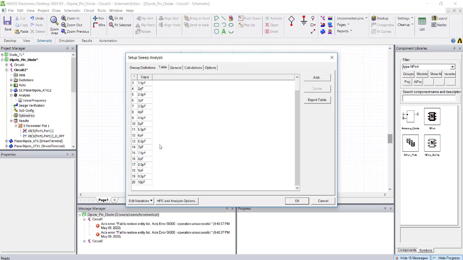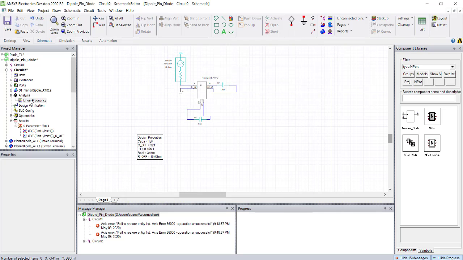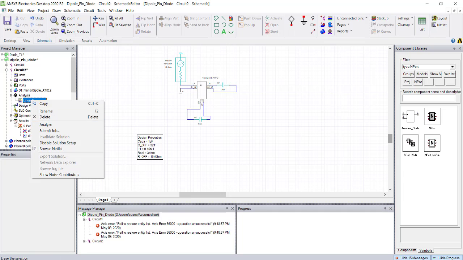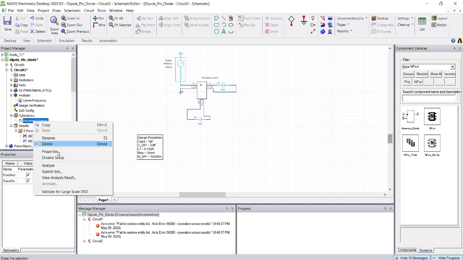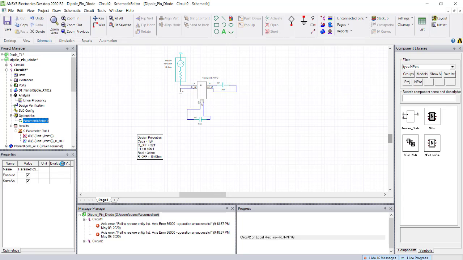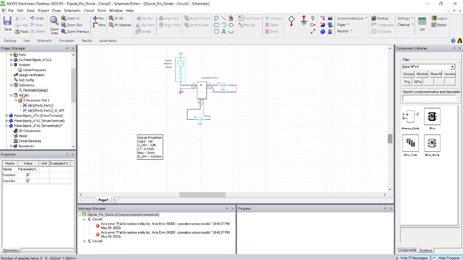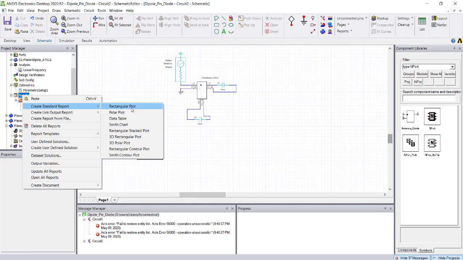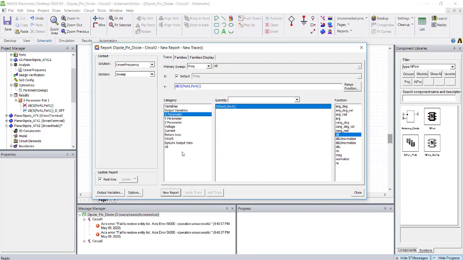And you can see this is 20 parametric simulations. Just right click over here and run the analysis. The interesting thing is these 20 parametric simulations complete in a fraction of a second, whereas if you do that with RLC boundaries in HFSS, it's going to take a huge amount of time, depending on the complexity of your model.